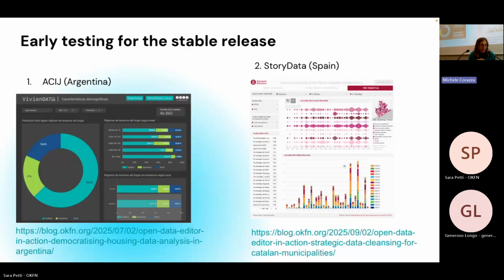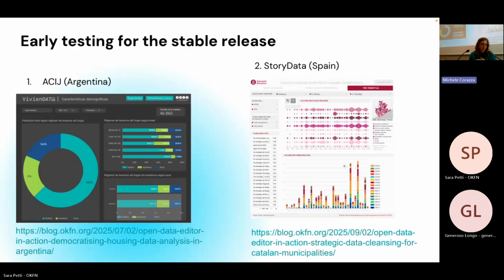And the problems that they had was that they had quarterly data that dated from 18 years. They had inconsistencies over time in the data sets. There were a lot of undetected errors that actually were distorting a little bit the findings that they were having, and also the preliminary analysis of the data sets just took them ages. So in that sense, Open Data Editor was really useful for them.